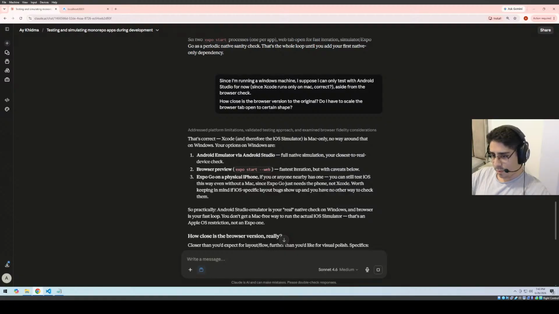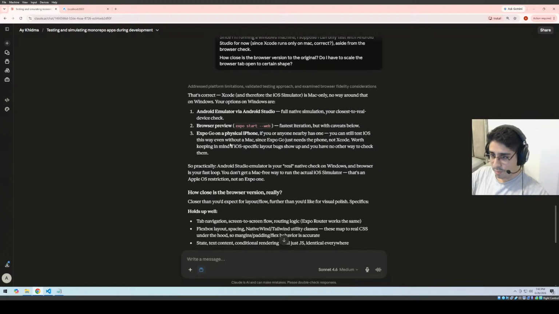So you can test with the Android emulator via Android Studio, or browser preview, or Expo on a physical iPhone if you or anyone nearby has one. You can still test iOS this way even without a Mac, since Expo just needs the phone, not Xcode. Worth keeping in mind if iOS-specific layout bugs show up and you have no other way to check them. Cool. So this is fine. So practically,